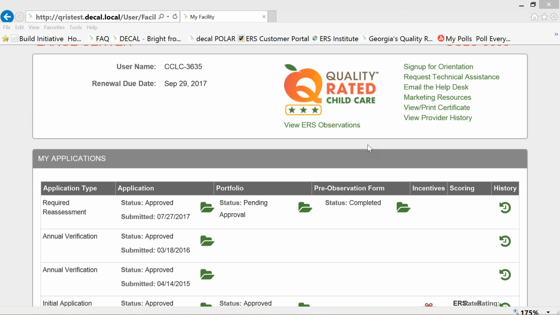It's just an acknowledgement that the portfolio has been submitted and has been received. So it's like a one sentence email. That has not changed. The second email that they receive will be when the supervisors actually assign the assessor team, and that is very similar to the email that they currently receive, which is their 90-day window email. So as soon as the supervisor is notified that there is a portfolio in pending approval status,